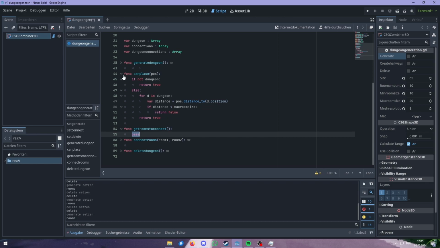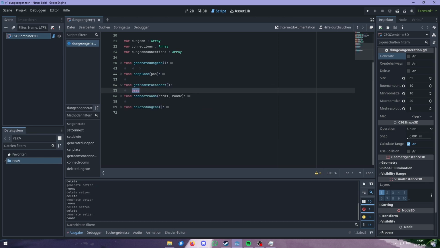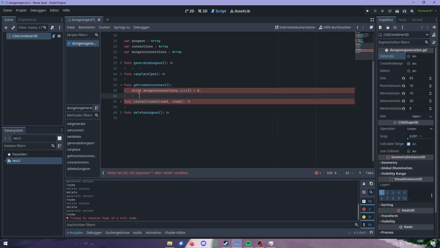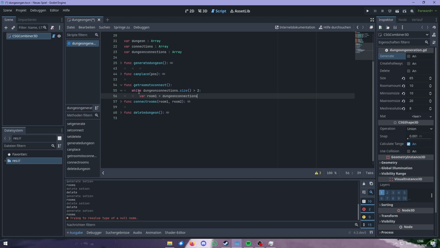In the get rooms to connect, while the dungeon connections size is bigger than 2, we get var room 1 is dungeon connections, and we just get